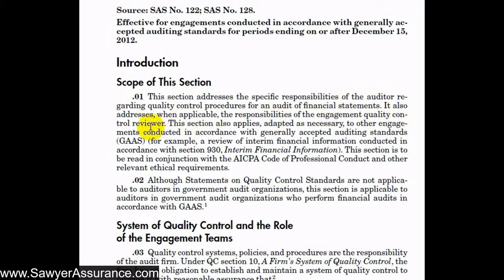So not only does it address our quality control procedures, but also the responsibility of the quality control reviewer. And that's a third-party person outside of the engagement team who will review our engagement for us to ensure that it complied with professional standards and our policies. And the section also applies as necessary to other engagements that aren't necessarily an audit of financial statements. For instance, section 930 that talks about interim financial information. And so the section should be read in conjunction with the AICPA Code of Professional Conduct and also QC section 210,